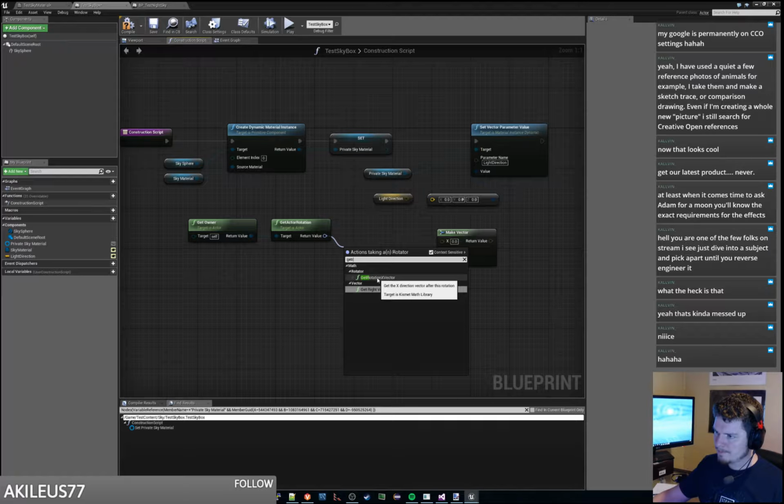Get the X direction vector after the rotation. I mean, I would assume